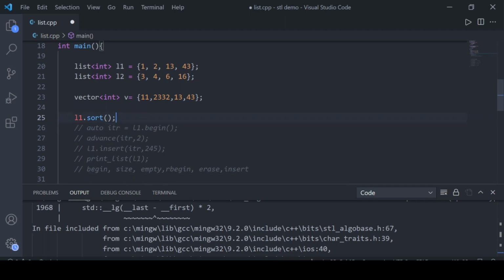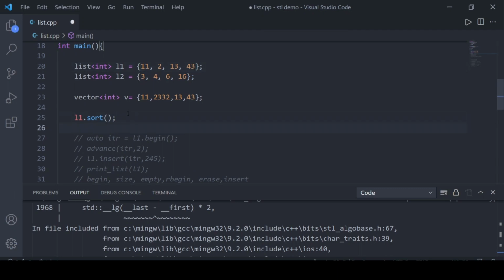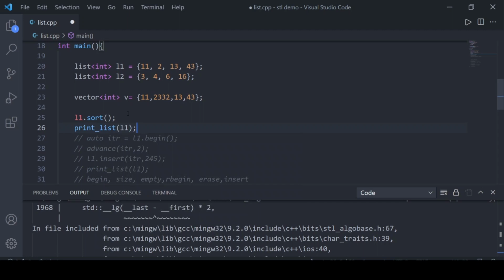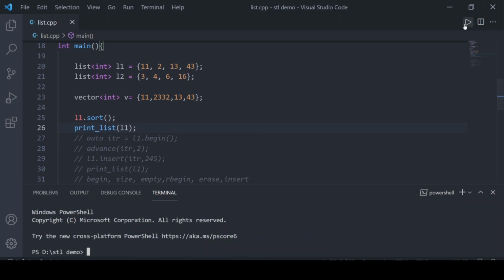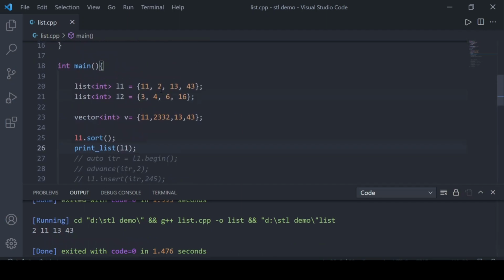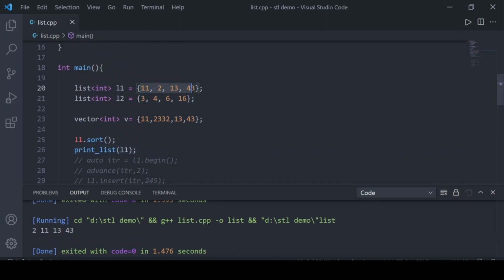It's already sorted, so let's change one element so that we can identify whether it's sorted or not. Okay, so let's see that. See, it has sorted the list for us. So this is how we can sort.